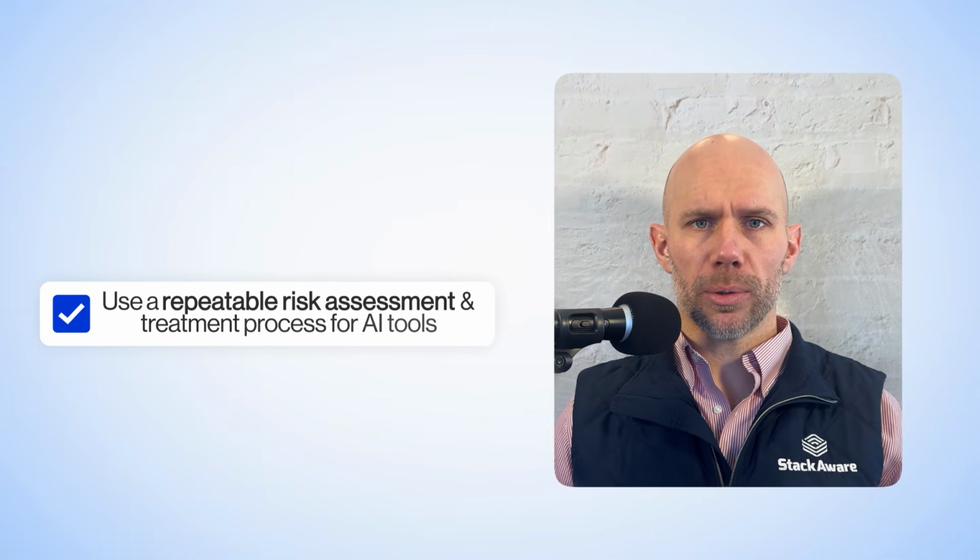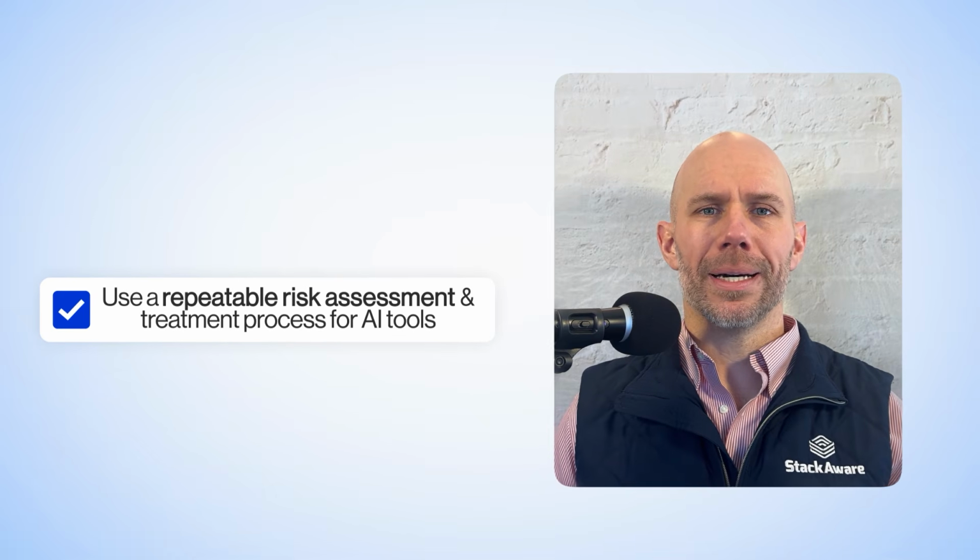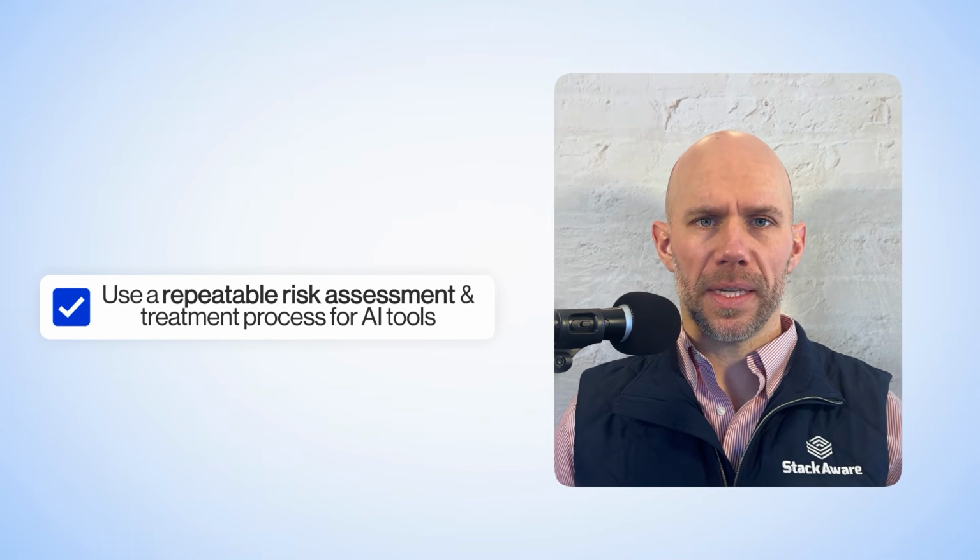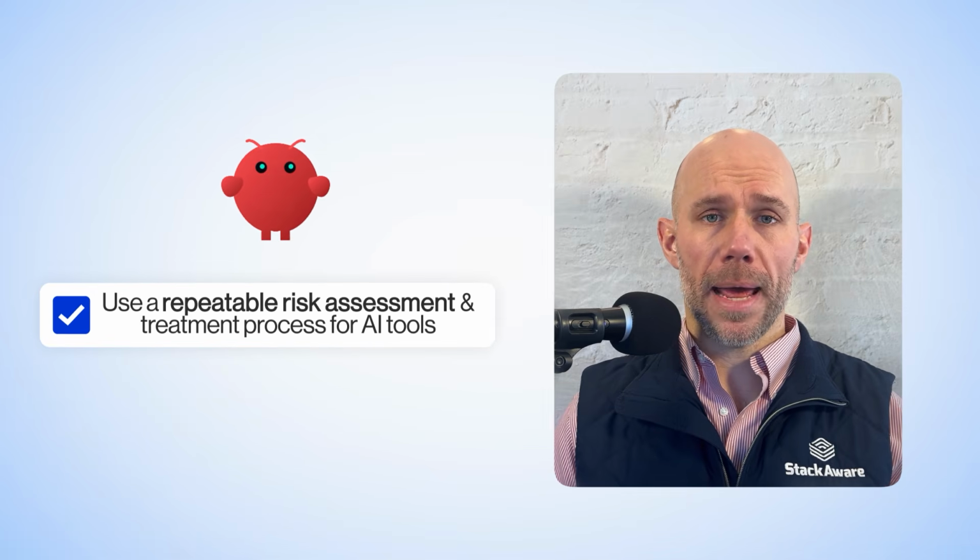So if you immediately block it, you're going to create a shadow AI problem where it's very difficult to ensure that you have full coverage with all your tools and your monitoring, while at the same time employees are trying to evade the safeguards you have in place. So what I would recommend instead, and this mirrors ISO 42001 quite closely, is having a repeatable risk assessment and risk treatment process to address any new requests for these types of tools, whether it be Clawdbot now or something